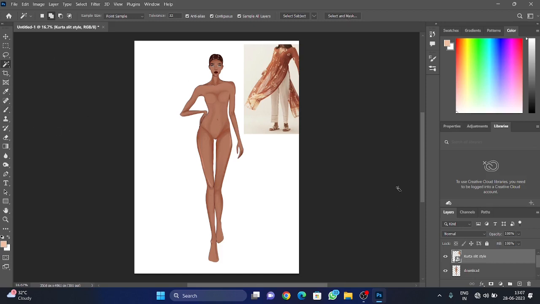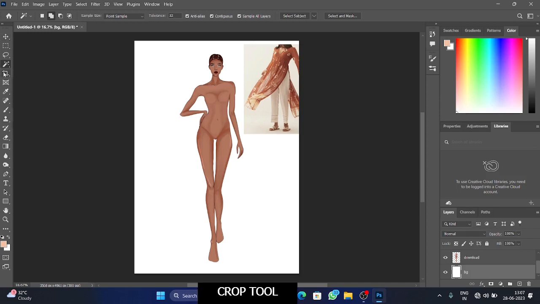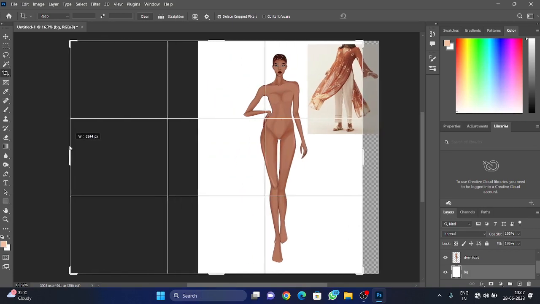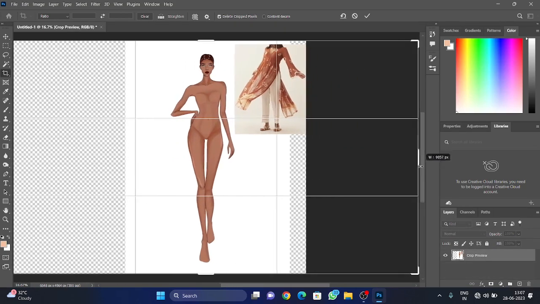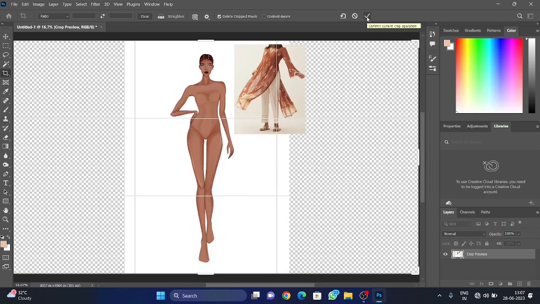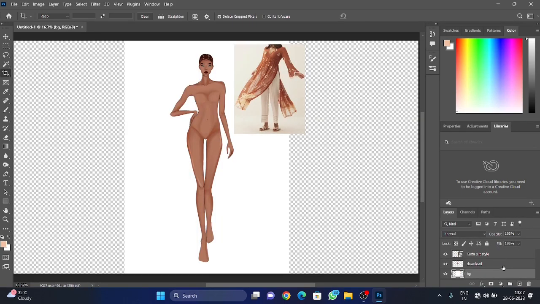Our page is not sufficient from this side, so I am going to transform this background. Select crop tool. This will allow you to do any editing in the size of background. Now we have to fill the background. Go to background,